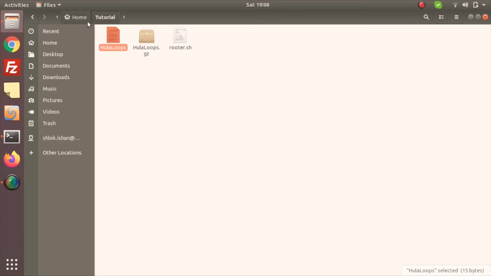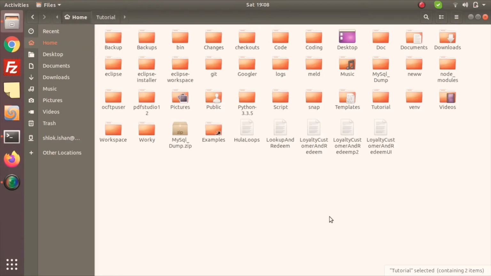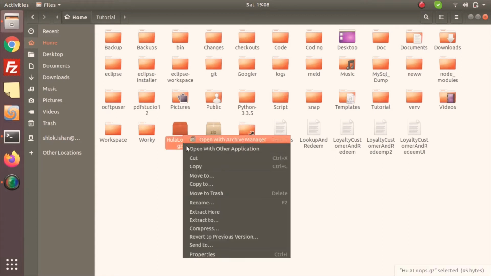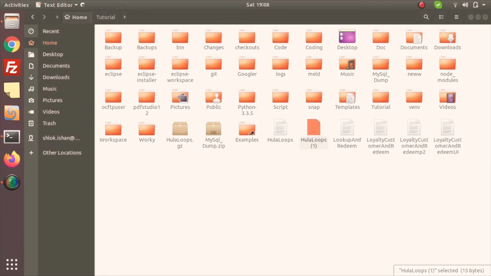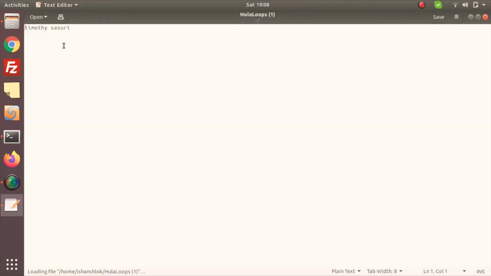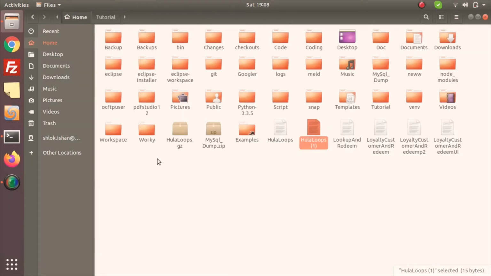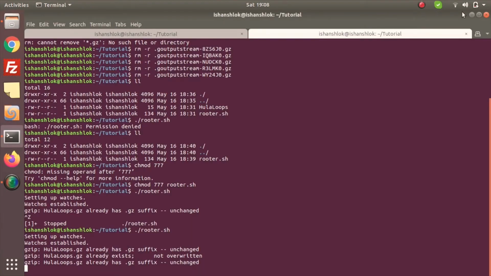If you go and come back here again, you can see that it was already converted. The text file does not exist, it is gone. I'll just show you that it is working. Yeah, hula loops one, and I wrote a few lines. So yes, this is what I want to achieve.